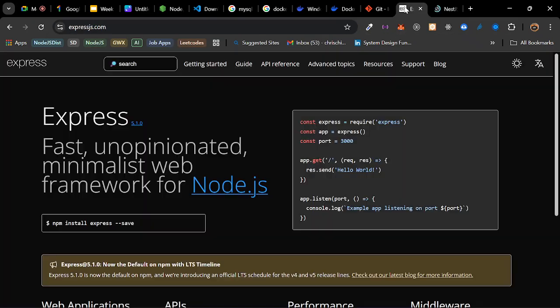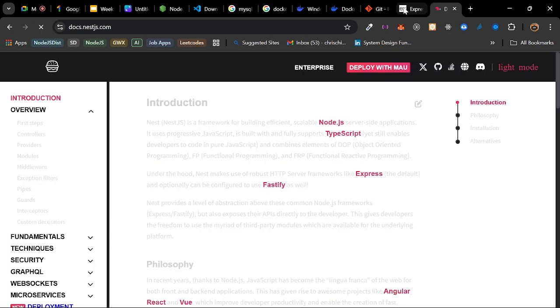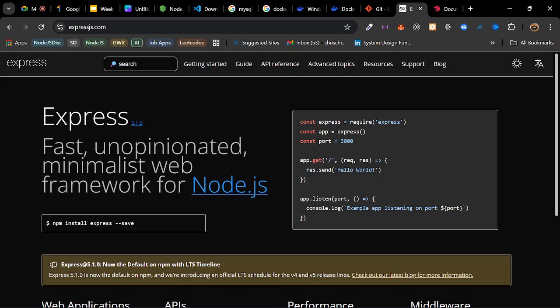So basically, what we will do is build the app together with Express.js. Then after building it with Express.js, we'll transform the same logic into Nest.js. Why do I do that? I could have just decided to use Nest.js because it's kind of